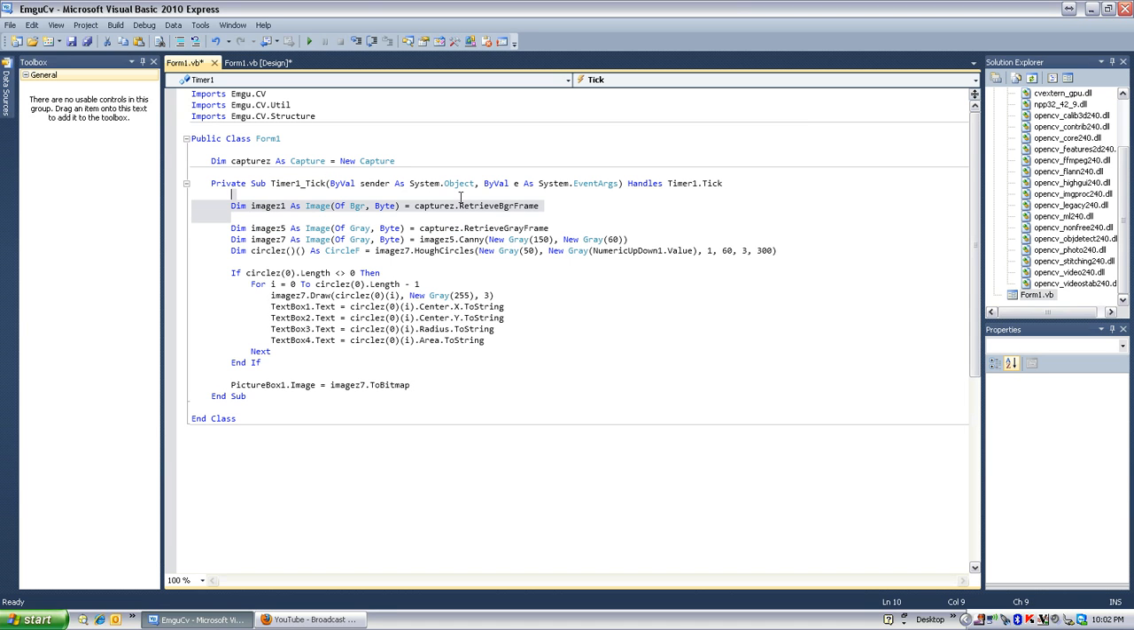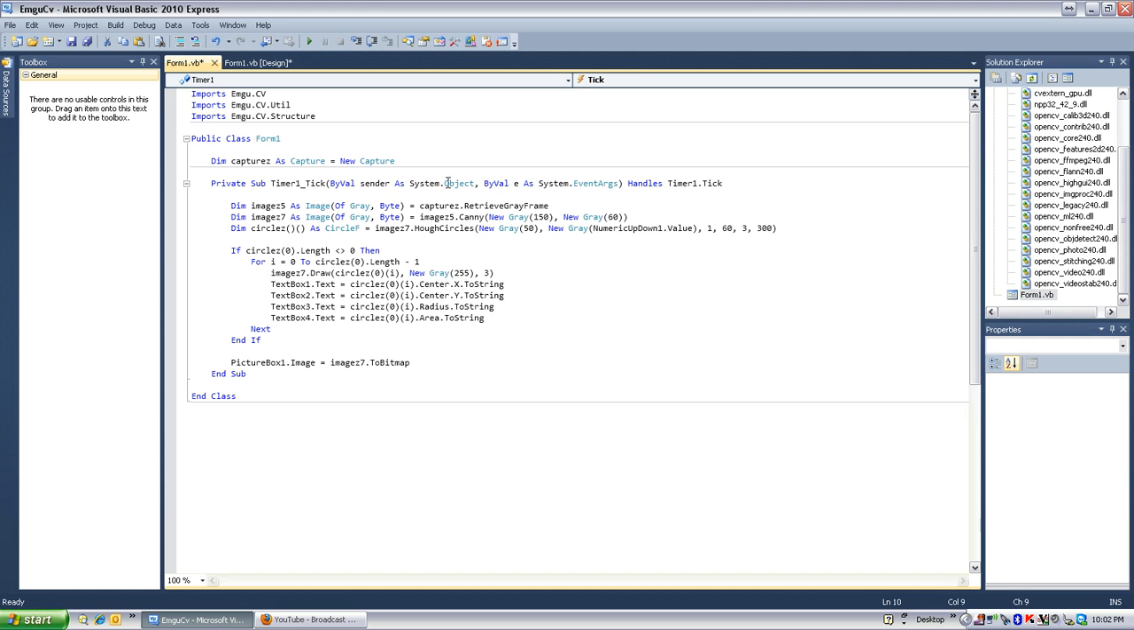Oh, no, I don't need this either. That's for a colored image. So the first thing we're going to do is get an image from the captures, RetrieveGrayFrame, because I'm not going to be using color, it's just going to be black and white. The next image of gray is going to be from that image that I just took, image 5, canny, and